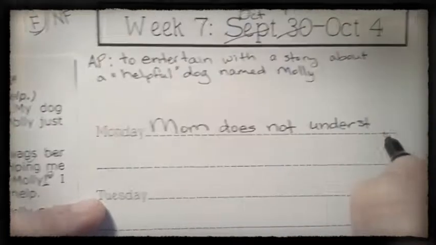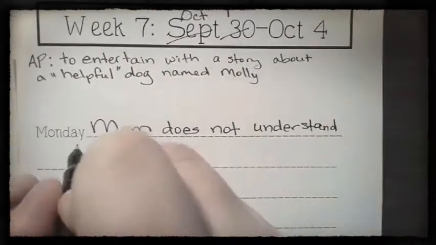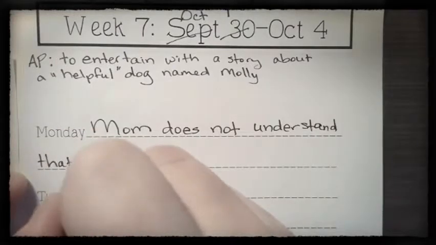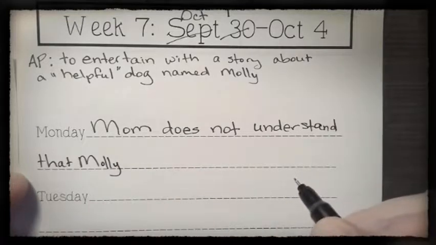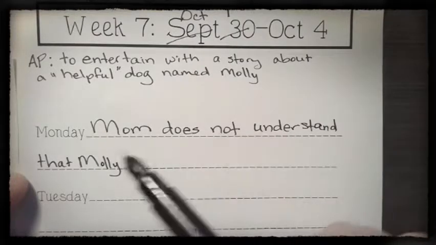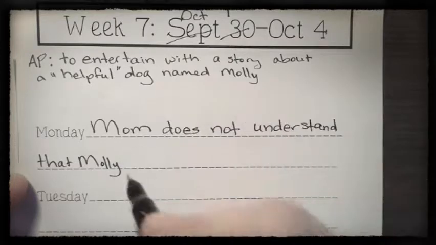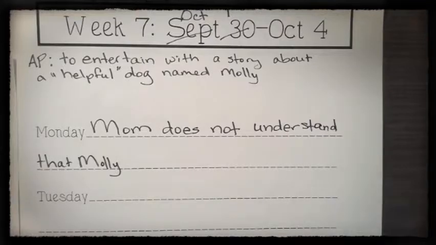Understand. Let's move this over a little bit. Understand that Molly something. Okay, Mom does not understand that Molly something. What is it that Mom does not understand about Molly? You're going to finish writing it here. Don't forget your punctuation at the end of this sentence. And then